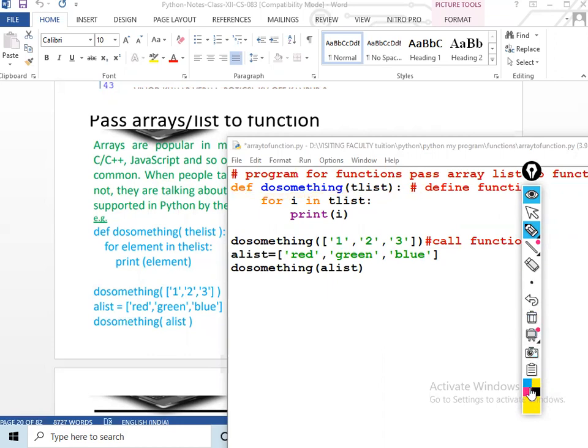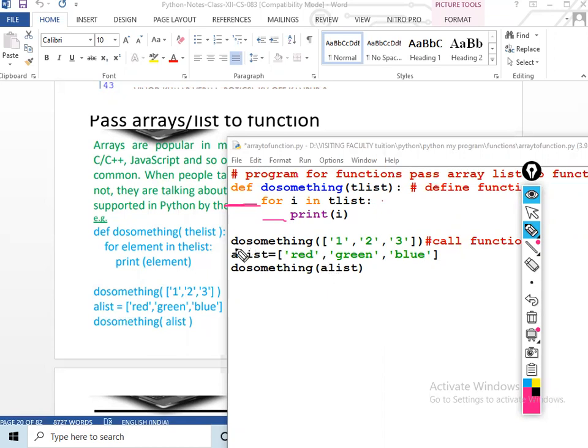So def, function name, function parameter, then enter, indentation. It automatically indents after the loop. So this function will take the argument and print it individually.